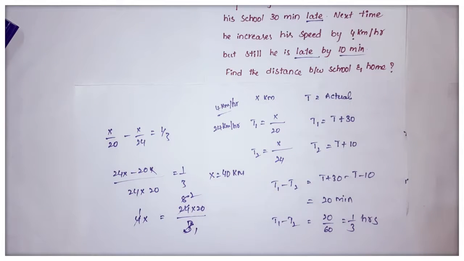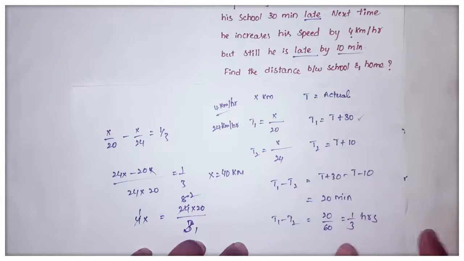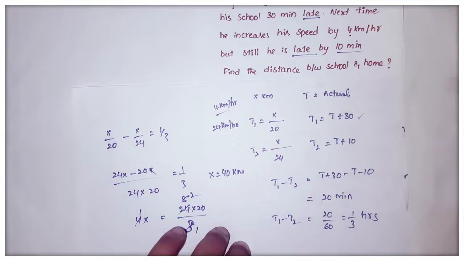So I think you understood these two problems. We just took the time difference between case 1 and case 2. But to get equations from case 1 and case 2, we must understand the question properly and study the question carefully. So if he is late, we must add x number of minutes to actual time. If he is early, so earlier he was early by 10 minutes, no?